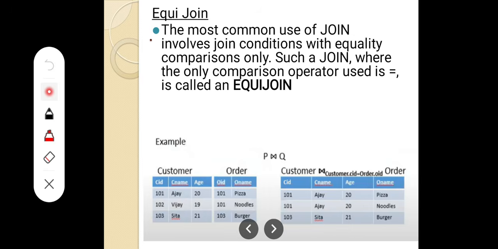Okay, so this is called equi-join. In all our examples we will be using this equi-join concept. We will be specifying the attribute that is to be combined. In our questions also, even if we have the same attribute name, we will specify this equi-join